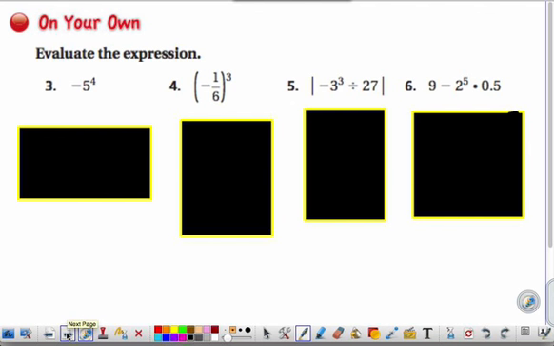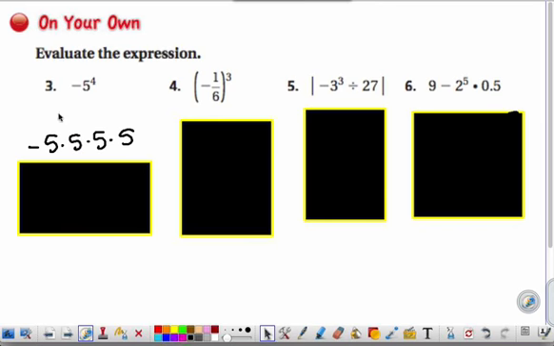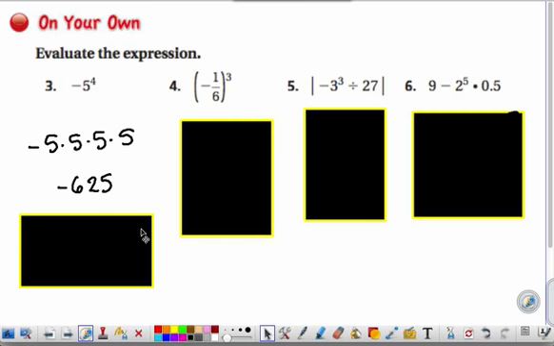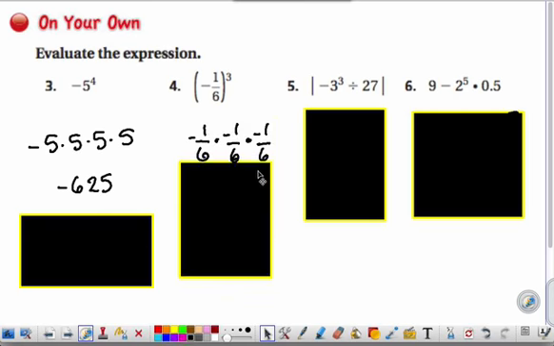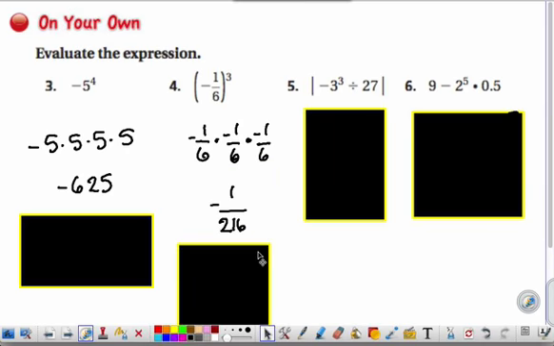Try these 4, pause your video, and then whenever you're ready, unpause so you can see if you got the right answer. Okay, on number 3, you should have the negative of 5 times 5 times 5 times 5, which is negative 625. Number 4, it's in parentheses, so we have negative 1/6 times negative 1/6 times negative 1/6, which is negative